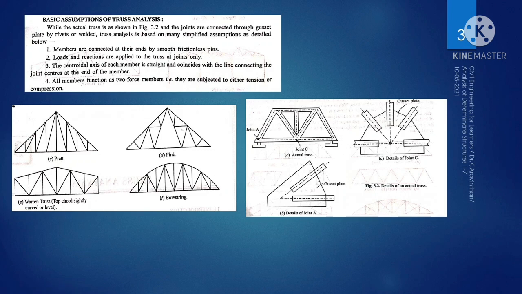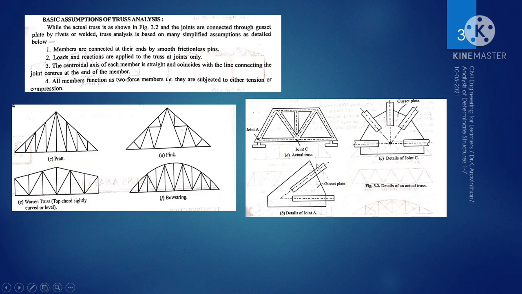These are other examples of trusses, that is the pink type of truss and bowstring bridges. So you can see bowstring bridges and these are the patterns of the bowstring bridge. And this is what I explained: the centroidal line should be straight between the two ends of the element. And you can only see the elements and how to connect these elements.